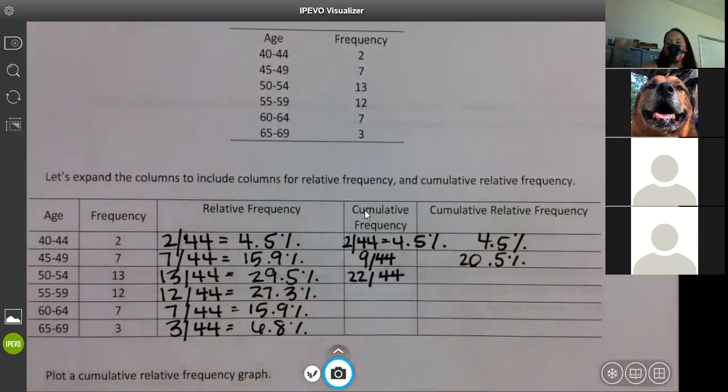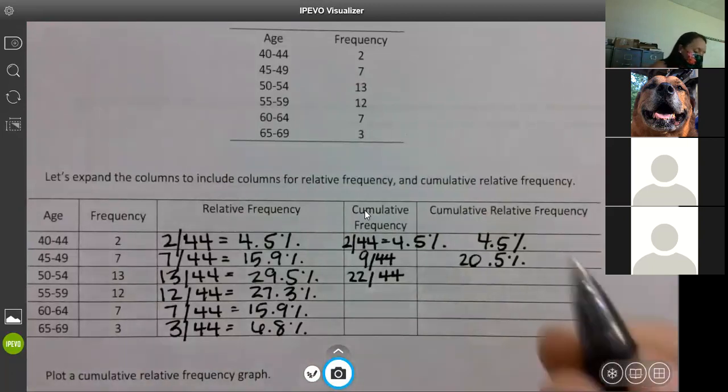It could be 9 out of 44. No, 20.45 rounds it up to the 5. No worries. Thanks for asking. I can make lots of mistakes. I appreciate it. All right, 22 out of 44 is